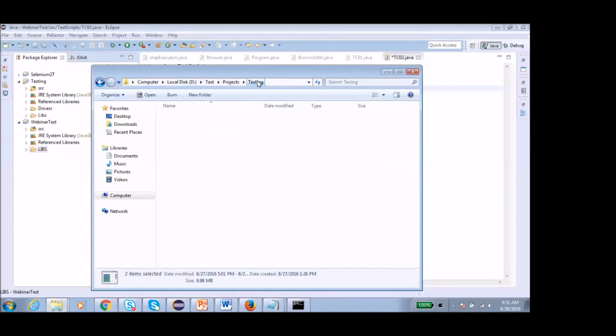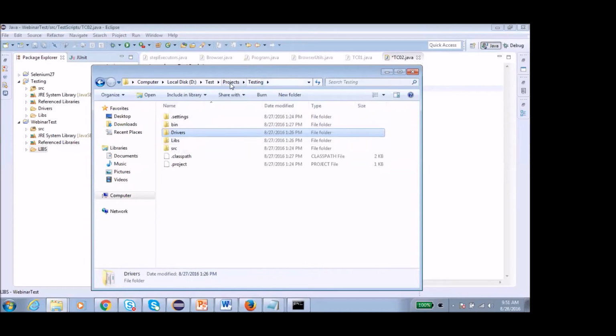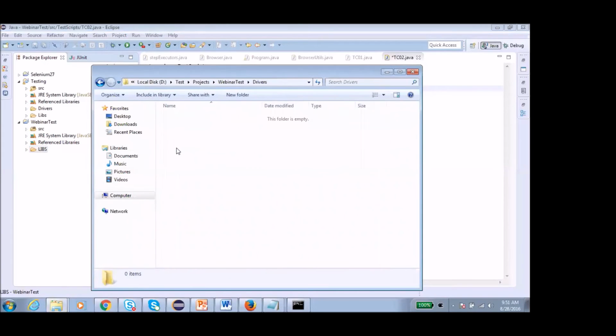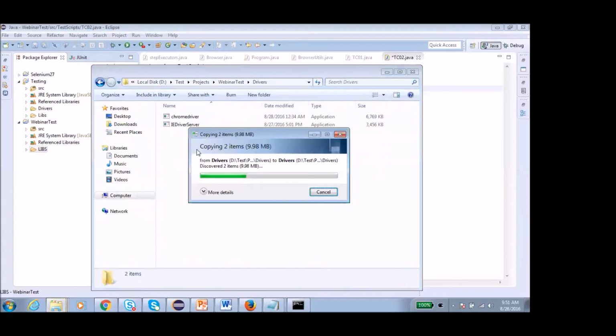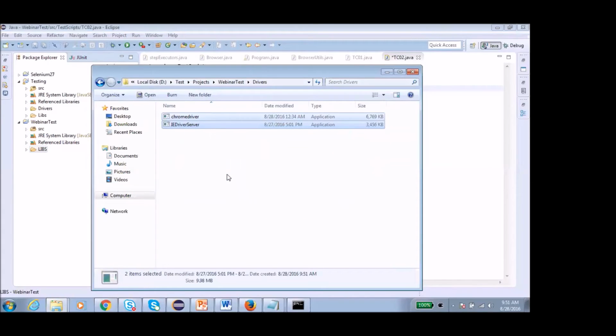Again, these we have downloaded from the Selenium HQ website. Yeah, right. So we are just keeping them in the drivers folder.